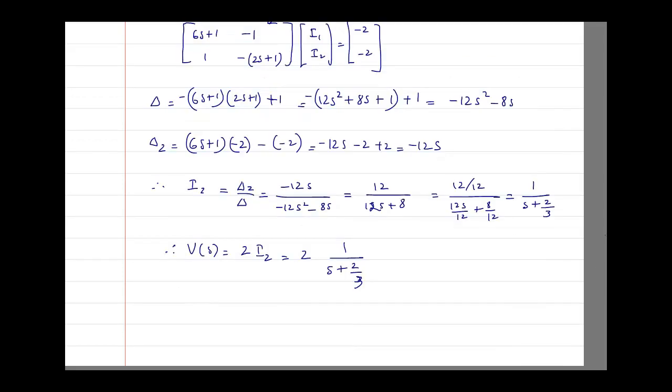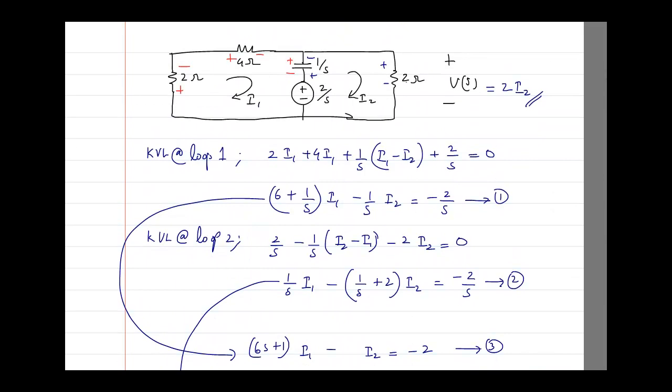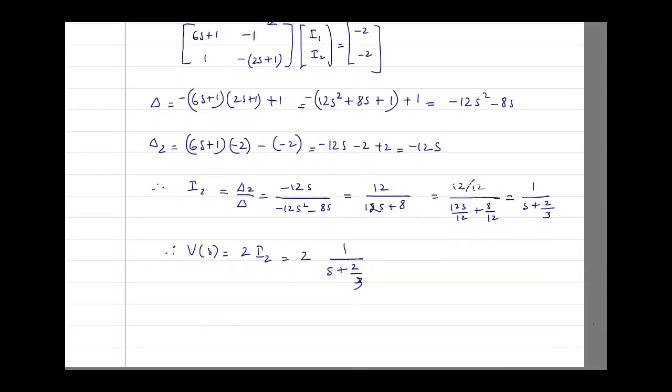Whereas here, if you are going to take mesh, then in mesh you are having 2, and for those 2 you will have to write 2 equations, and thus the equation becomes long, but the final answer is going to be the same. So therefore V of t, if you take the Laplace inverse transform, you will get 2 e raised to power minus 2 by 3 t for t greater than 0. So that's how we do this problem.